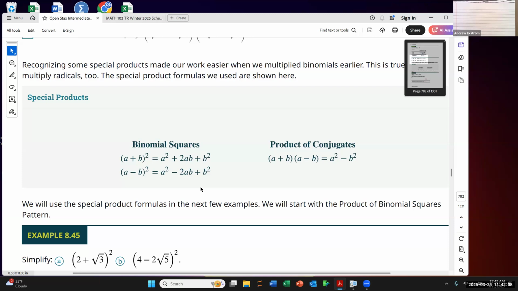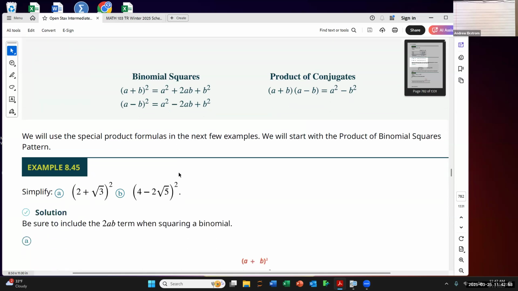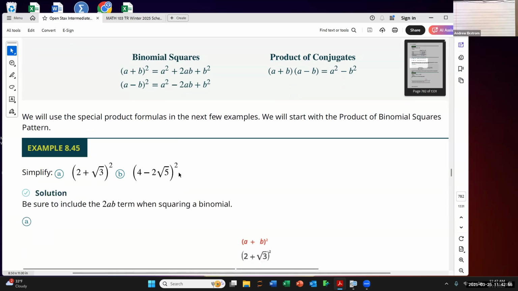If you don't know what these special forms are and you totally don't remember any of these, what do you do? FOIL. Okay. So keeping in mind